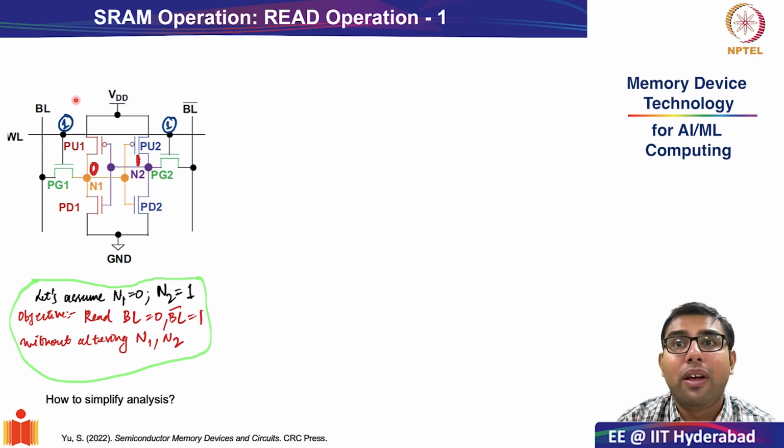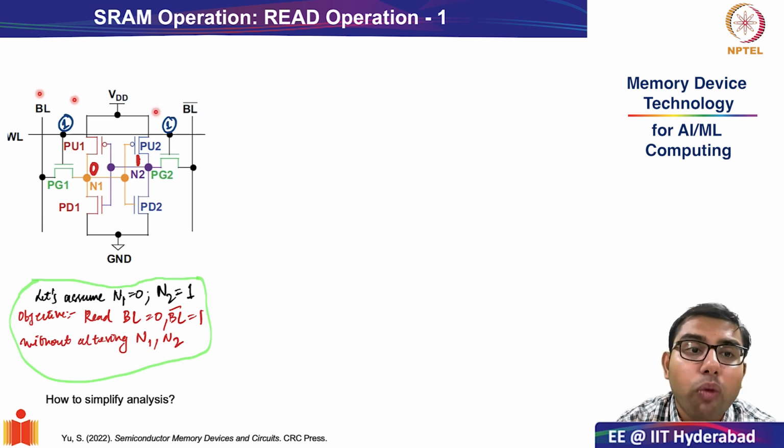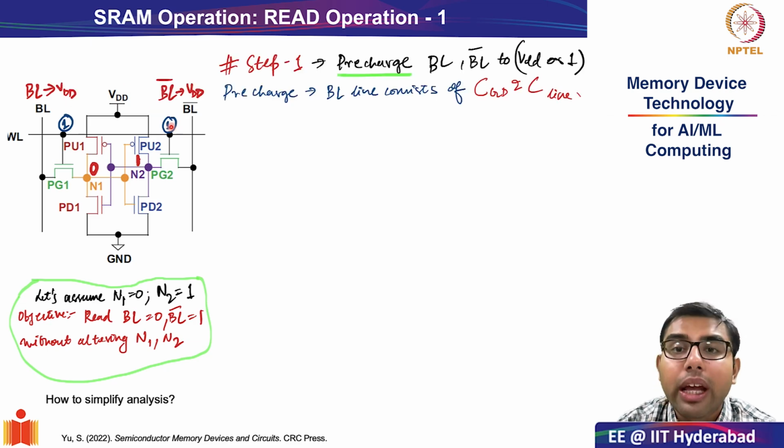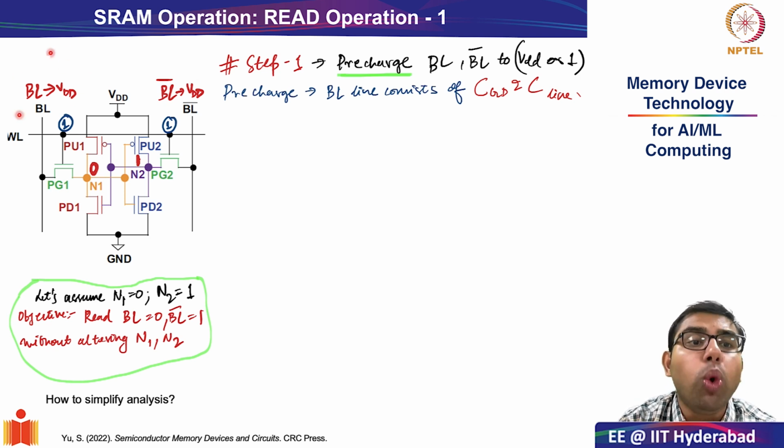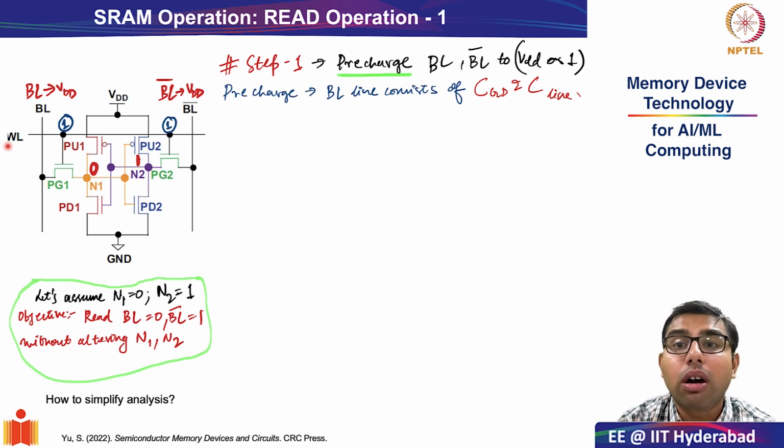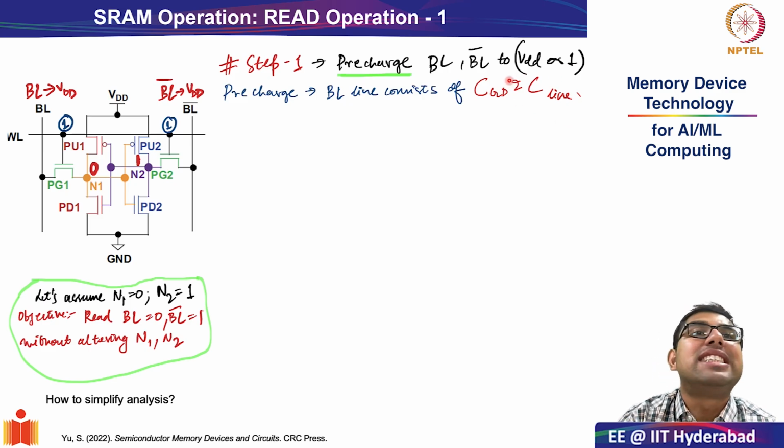But before that, we have to determine what is the voltage at bit line and bit line bar. And the first thing that we do is we pre-charge the value of bit line and bit line bar to VDD. So we do this even before we turn on the word line, and that is why the terminology pre is coming here. I hope you remember why we use the terminology charge, because here bit line and bit line bar are these long interconnects with CBL as the capacitance.